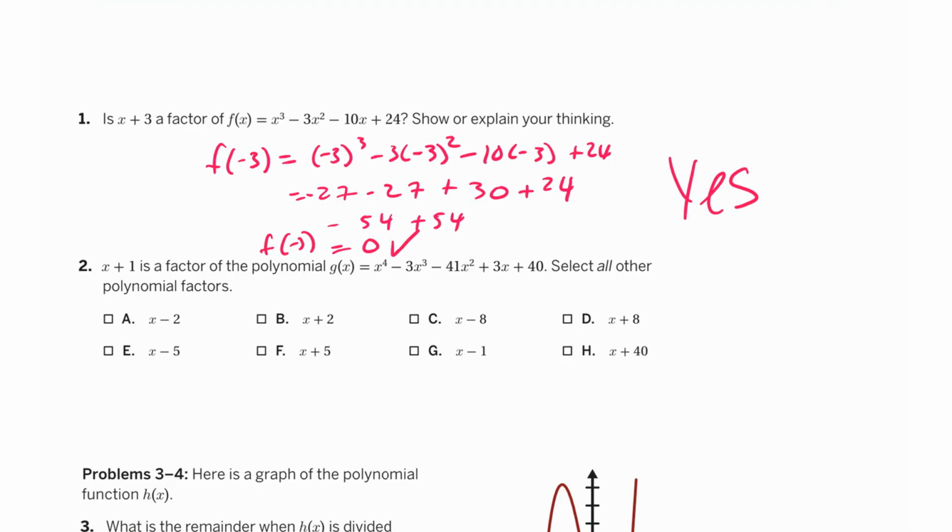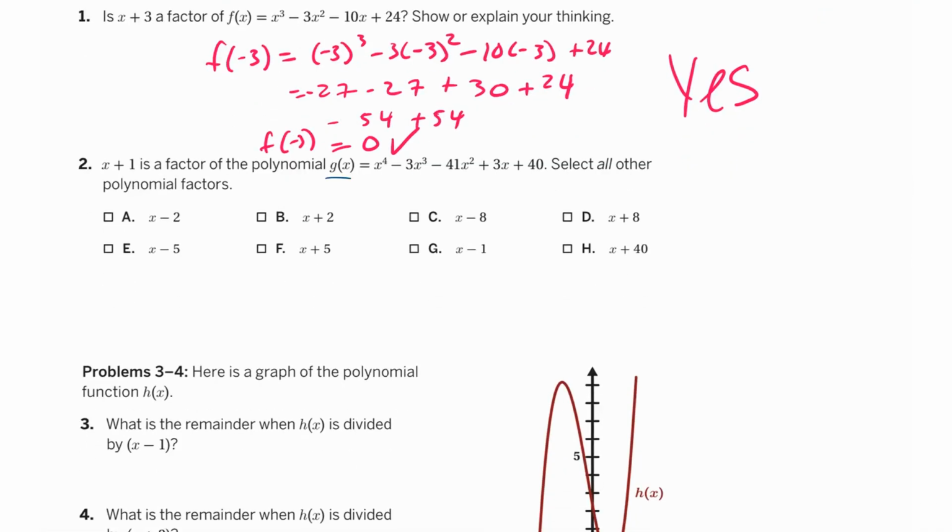For number 2, x plus 1 is a factor of g of x. Select all the other polynomial factors. And if you remember, there's multiple ways we could do this problem. We could do the remainder theorem. We could do what we know about division and getting remainders from that. There's a lot of different ways of doing it. It's kind of tricky because there's 8 different numbers that we would have to plug in here to try and